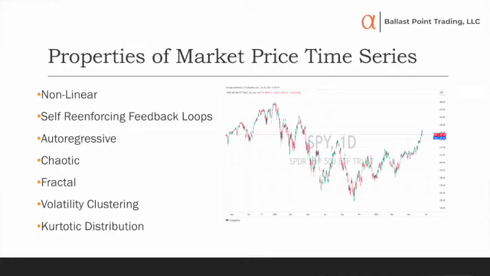I've seen academic papers that say that the data is non-linear, but it's not chaotic. It doesn't pass a lot of the tests that they use to gauge that. I'm going to say that I believe that it is. I'm going to go with Mandelbrot here. He wrote a book called The Misbehavior of Markets, and he makes the case that he thinks it is chaotic. I think that it is, but to what degree I'm not totally sure. But again, that's up for debate.